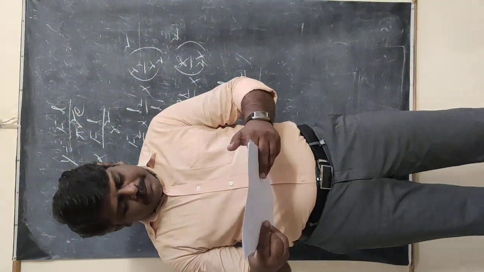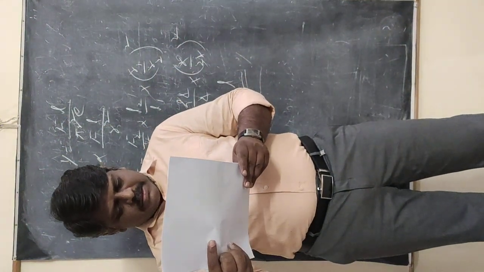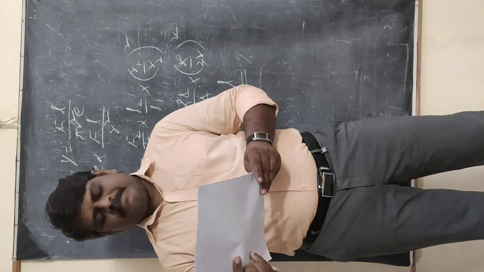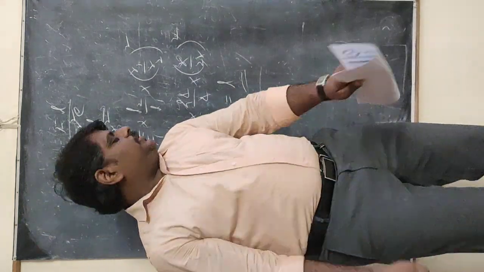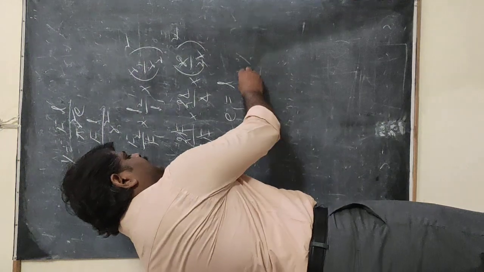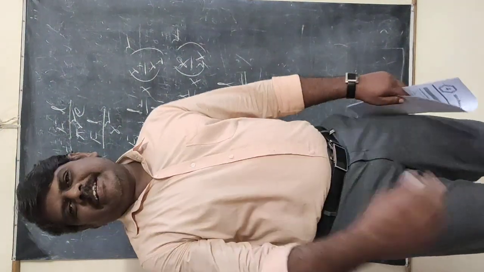Okay. So which option is correct? The correct option is the first option. Okay, the first option is the correct one. e2 is equal to e1, that is equal to L. Okay, go for the next problem.